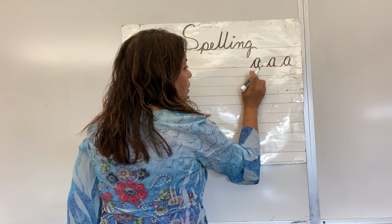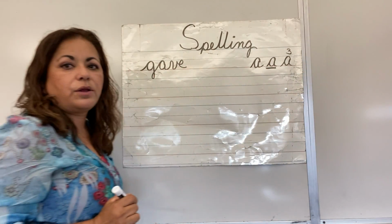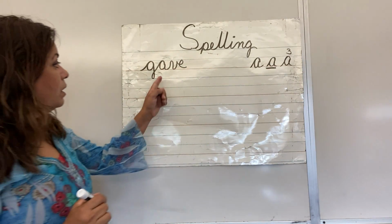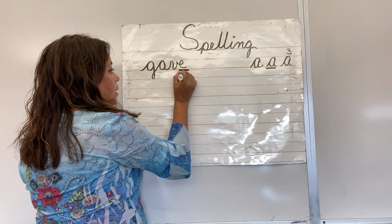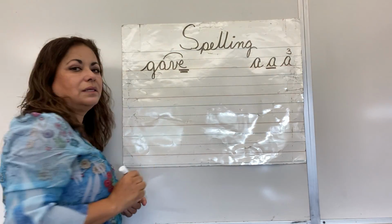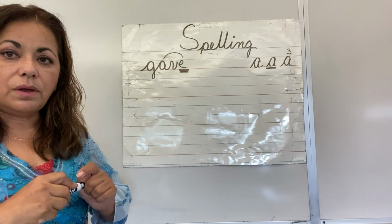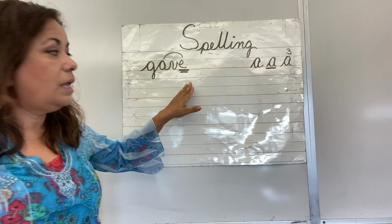If it's an A, we leave it alone. If it's an A, we underline it. If it's an ah, we write a 3 because it's a third sound. This is an A. The E is rule number one. Double line means it's silent, and it's telling the A to say A. The second reason it's there, which we don't have to write, we always write the first one that comes, is